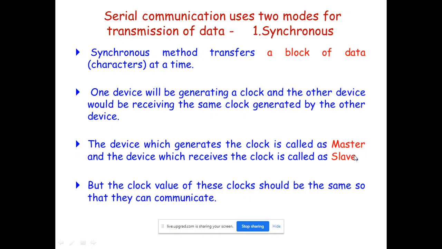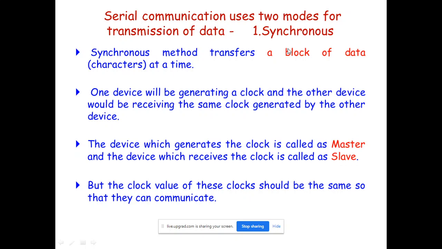You connect them in a master-slave configuration, and once you declare this and your clock gets set, the devices get synchronized. Then your actual data gets transferred from one device to the other in the form of blocks. In this fashion, both follow the same clock cycle, and that is synchronous.